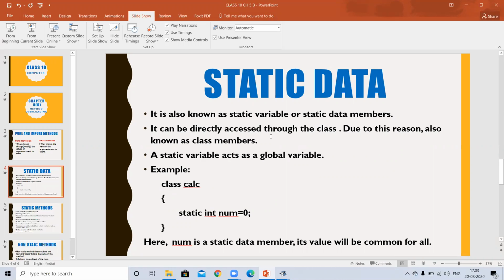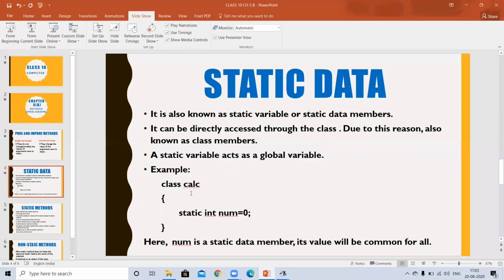As I explained in class 9 also, static data members can be directly accessed through the class. There is no need to create the object or anything for that. You can directly access it through the class. That's why it is also known as class members.